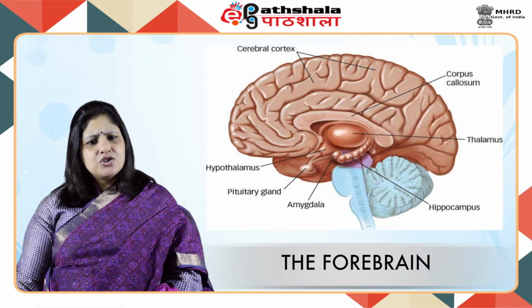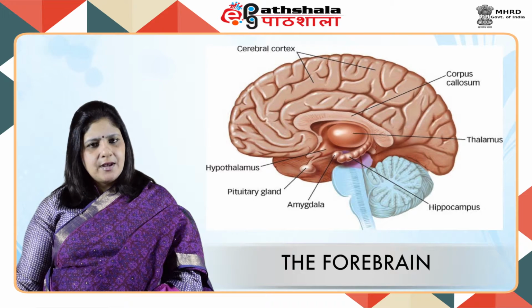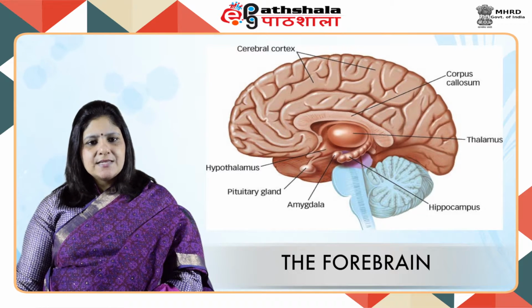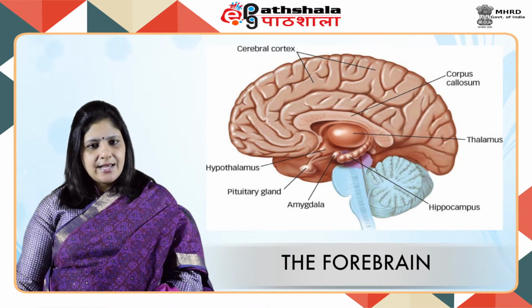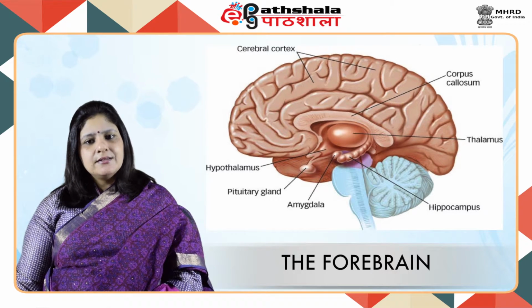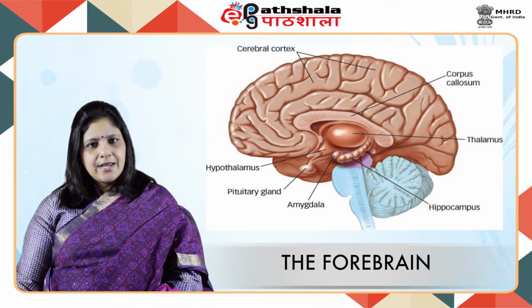The hypothalamus is located just below the thalamus, just above the brain stem. It contains many small nuclei with a variety of functions. The most important function of the hypothalamus is to connect the endocrine system via the pituitary gland, which controls the other glands of the endocrine system and is also termed the master